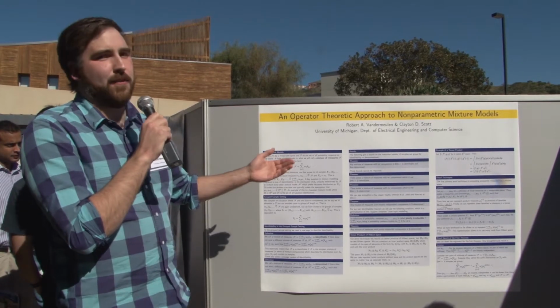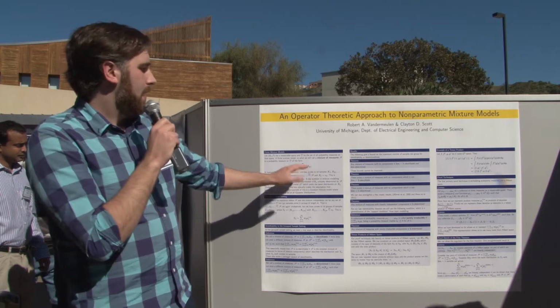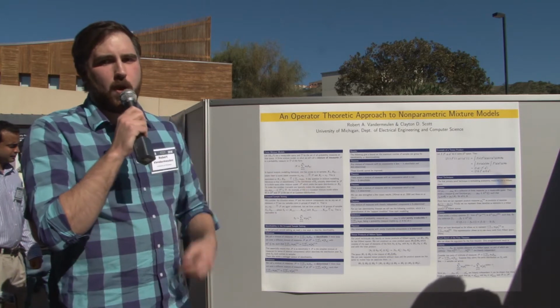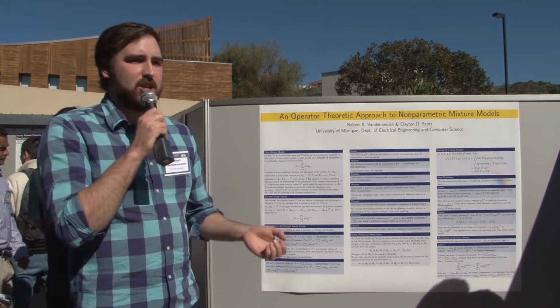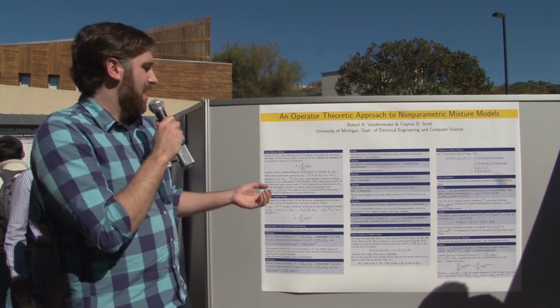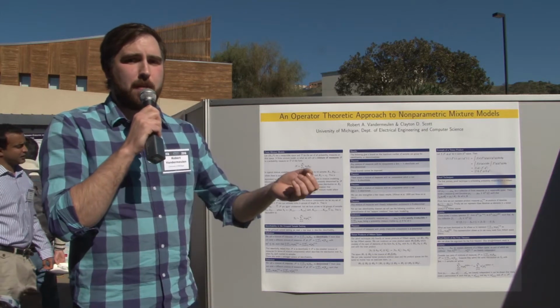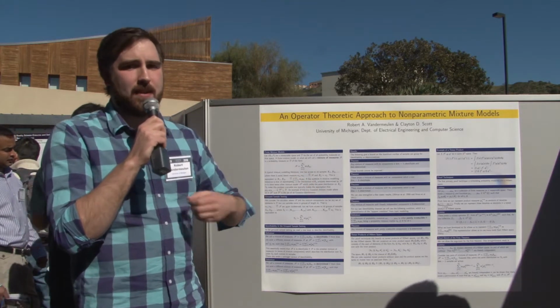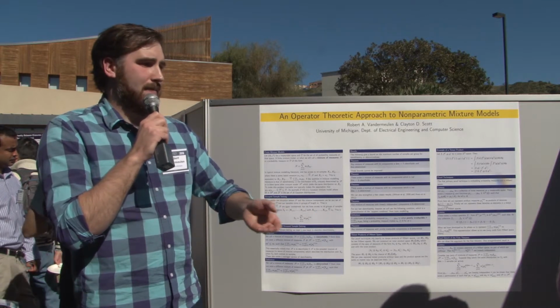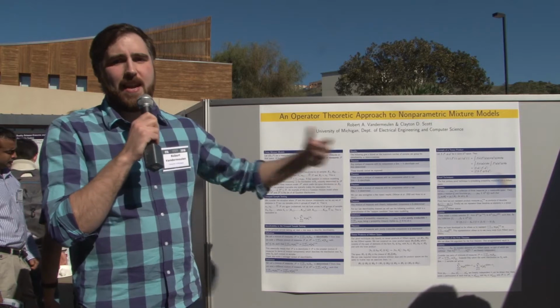Basically, it's a different way to look at mixture models. So a mixture model in our mind is a categorical distribution over a space of measures. Like a Gaussian mixture model is simply a distribution over Gaussians. In order to generate a sample from that space, we sample a mixture component, one of the Gaussians, and then we sample from that Gaussian component. And we like to estimate the mixture that describes the data we observe.